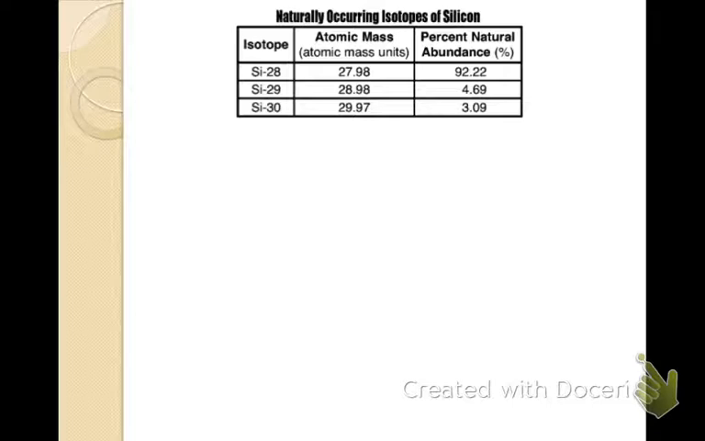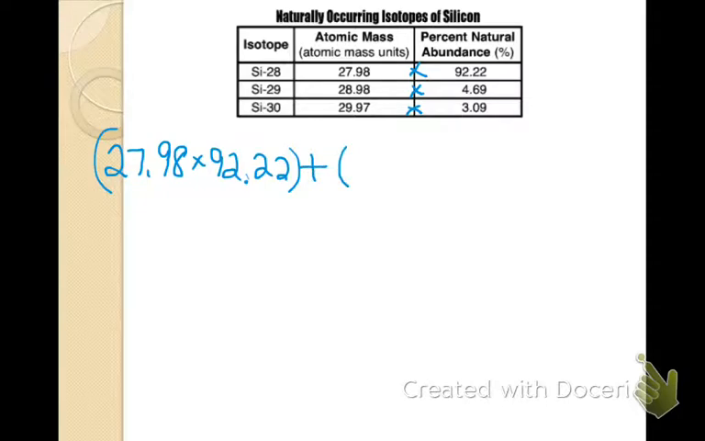Sometimes they'll give you tables like this, which is what I really appreciate, because really all you have to do is multiply those, multiply them, and add them all together. So they want you to show the work here. So you have 27.98 times 92.22. Alright, put that in parentheses, add that to the next one,